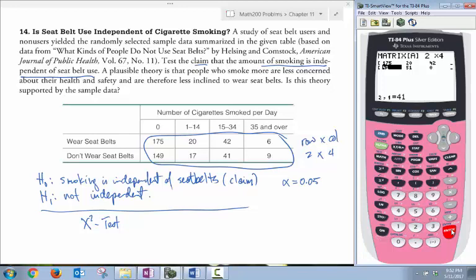Now my second row, first column, 149, and then 17, 41, and 9. Make sure you press enter on the last one, otherwise it will remain the previous number that was there. Okay, so now that my matrix is ready, I'm going to press second function and quit out of there,